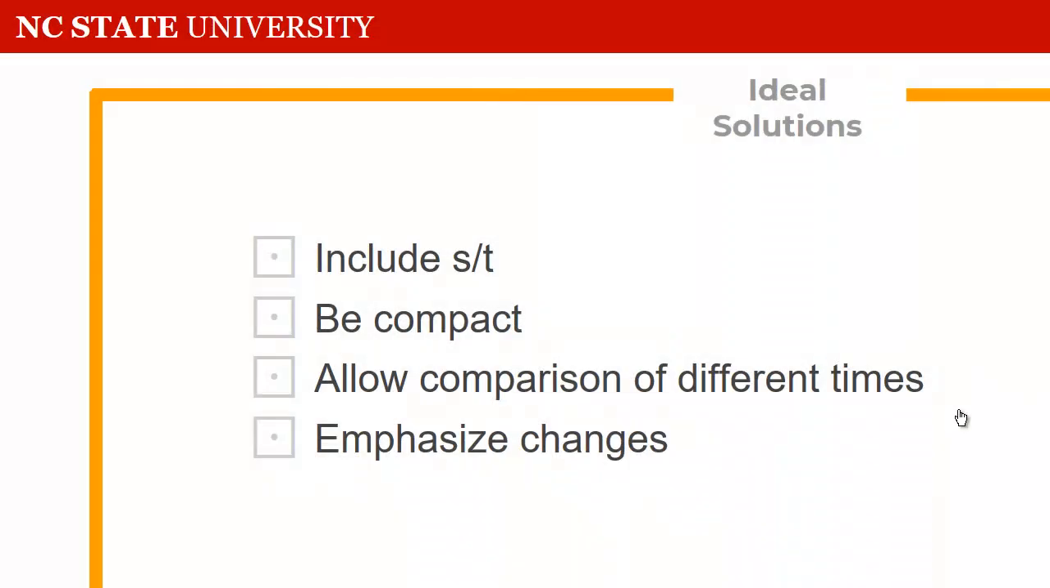So the ideal solution for visualizing spatiotemporal collective behavior is to include both space and time, and have a compact visualization, allow comparison of different times, and also emphasize the changes. So the methodology of this method should be okay. So first, just consider one data frame, one time frame. We have some movers, and we